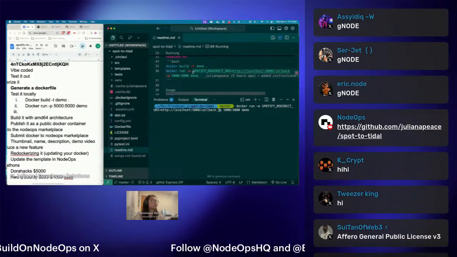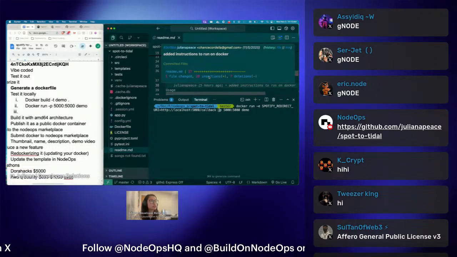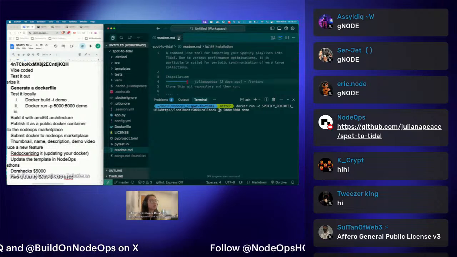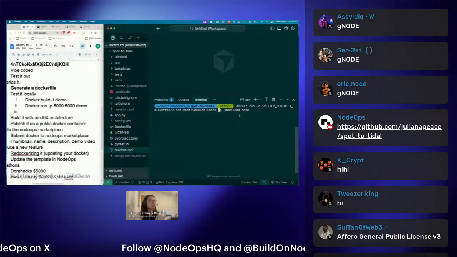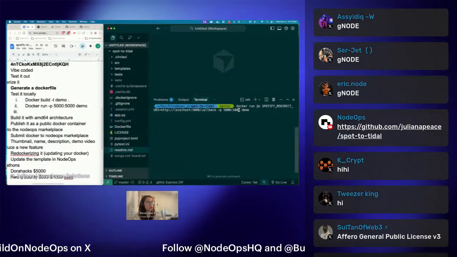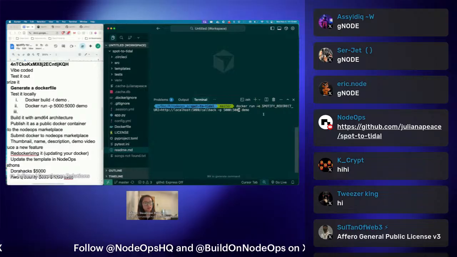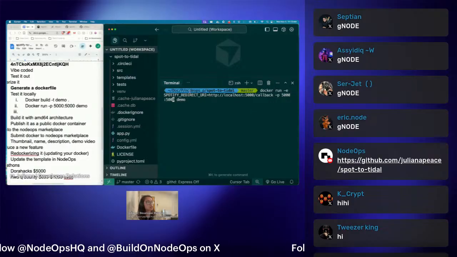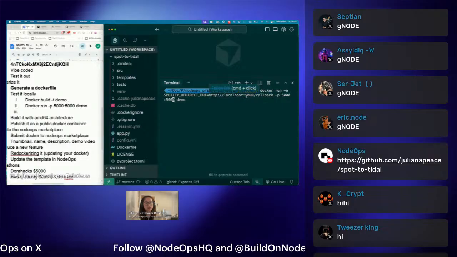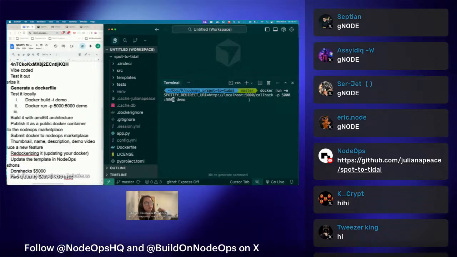By the way, you can follow all of this along in the README that I pushed up earlier today. Okay, so here's the command we're going to run. What's happening here is we're running our Docker image that we built locally. We're passing it an environment variable signified by the -e. And the environment variable is Spotify redirect URI, going to localhost 5000. So this helps the Docker image know how to